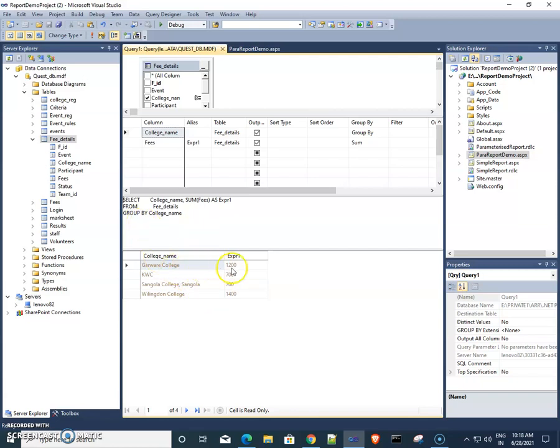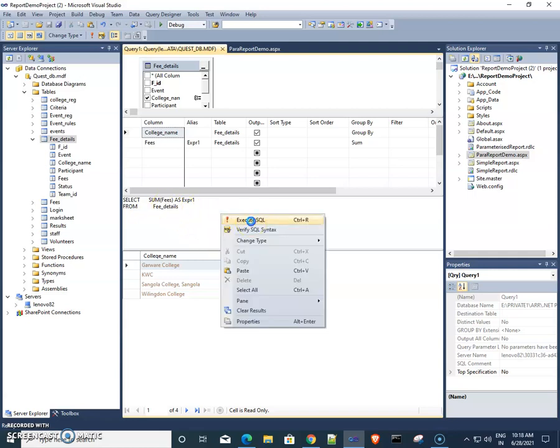So here we calculate sum. This is called a summarized report, or we can calculate the total sum, where there is no use of the group by clause.